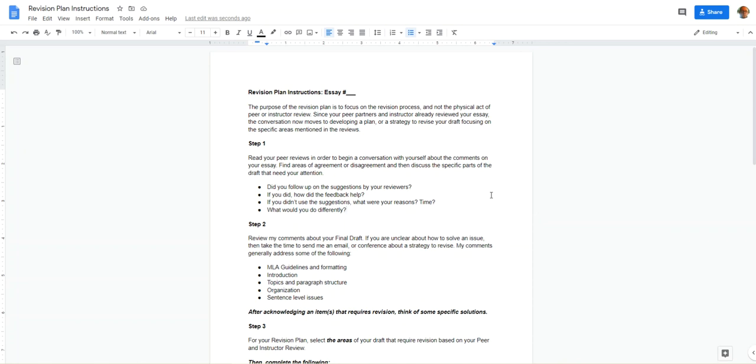act of peer or instructor review. Since everybody has already reviewed your essay, the conversation now moves to developing a plan or strategy to revise your draft, focusing on the specific areas mentioned in the reviews. It could be an introduction, a conclusion, certain paragraphs, whatever it may be, there is some direction in the way of feedback that you have gotten between the peer review and the instructor